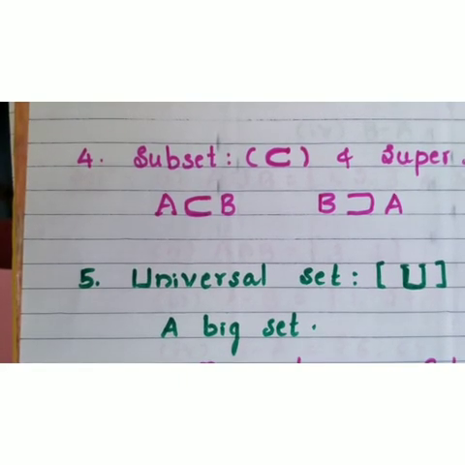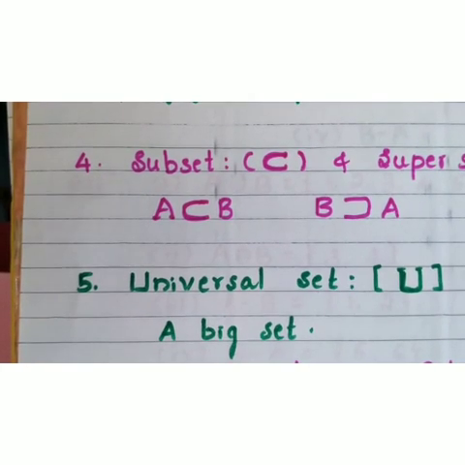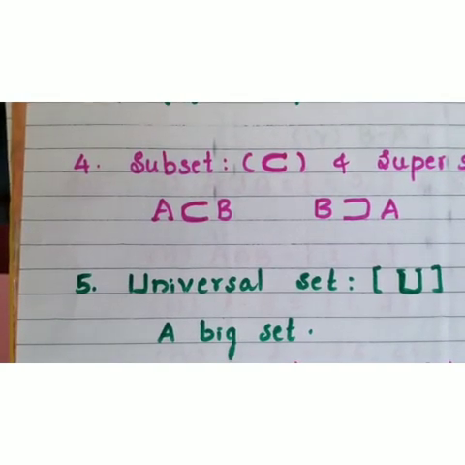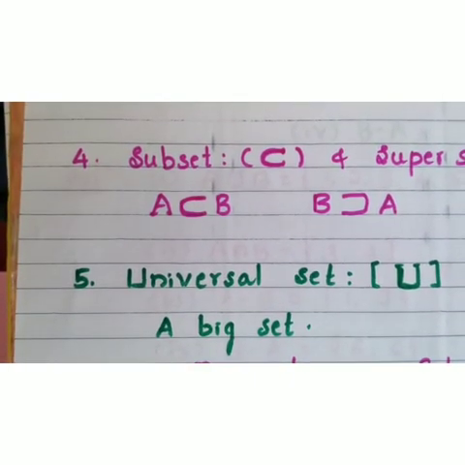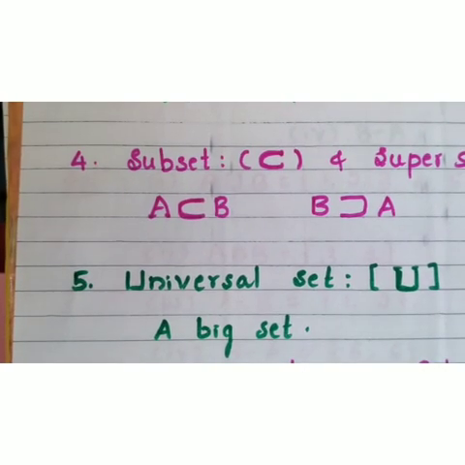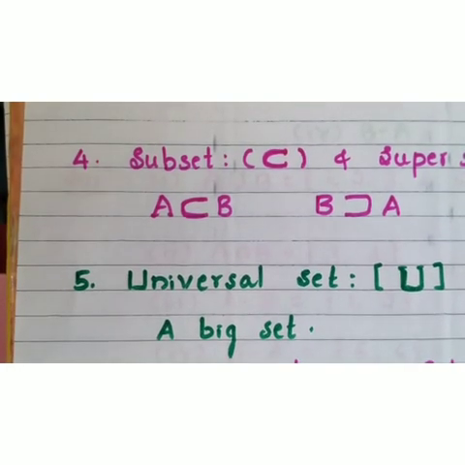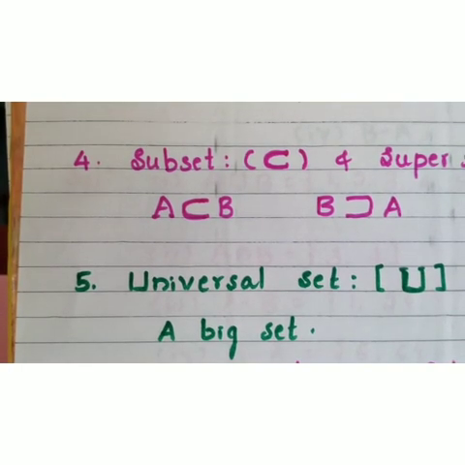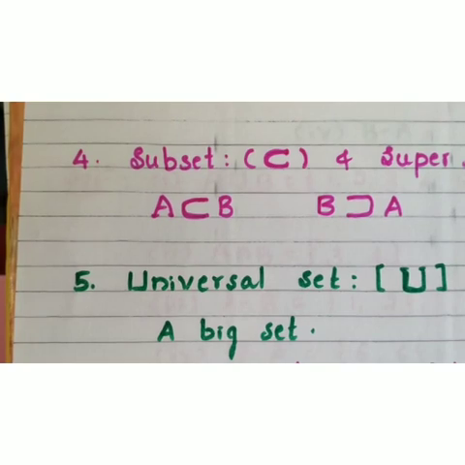The set of natural numbers. What do you say? Capital letter N, 1, 2, 3, 4, 5, 6, 7, 8, 9, and so on, continuing. It is called a big set. On what basis can you say it is a big set? 1, 2, 3, 4, 5, and so on. It consists of the even numbers. It consists of the odd numbers. Odd numbers 1, 3, 5, 7. Even numbers 2, 4, 6, 8. Okay, the set of two tables: 2 ones are 2, 2 twos are 4, 2 threes are 6. So the set of three tables, the set of 5 tables, all are contained in the natural numbers.